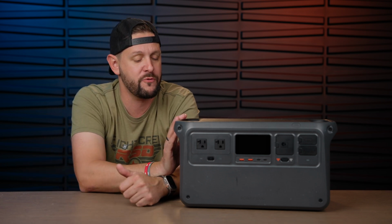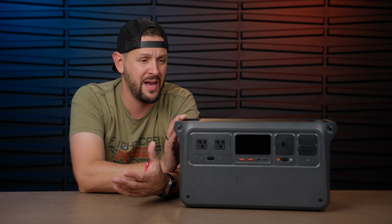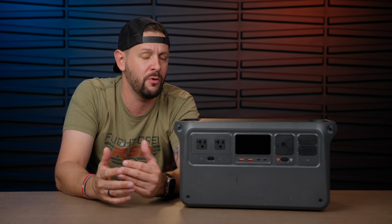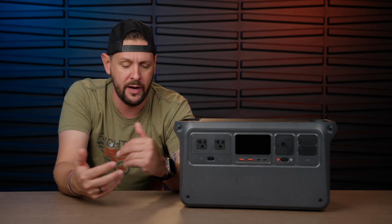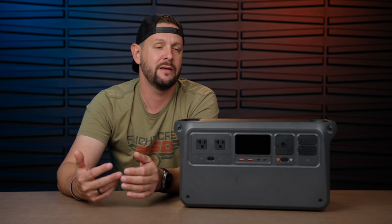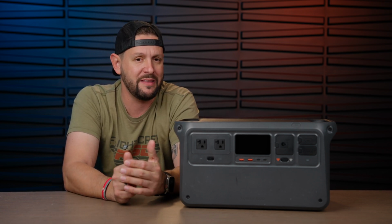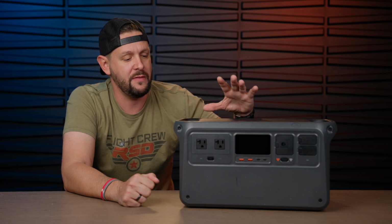But when we lost power for 72 hours, I was able to plug my refrigerator into this and let it run. I think it ran for a full 24 hours while we were also charging our phones, which is incredible. Now, we were being cautious. I wasn't opening up the fridge so that way it would cycle through. Now, the key thing with the fridge is while it's always on, it does its refrigeration cycle, so it actually draws a little bit less power than you would normally think. You would think a fridge is just constantly pumping, but it does go through cycles,